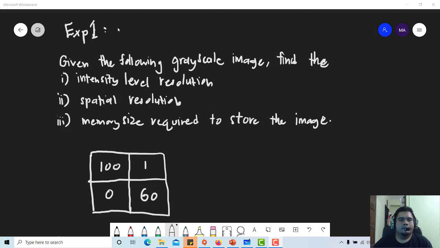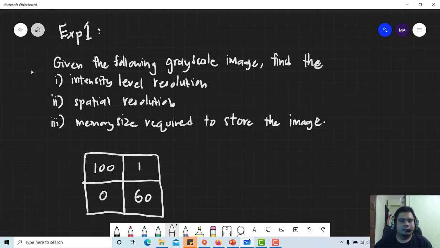Okay, example 1. Given the following grayscale image, find 1, the intensity level resolution, 2, the spatial resolution, and 3, the memory size required to store this image. What is meant by number 3 is the memory size required for you to save this image inside, for example, your hard disk. If you have this kind of question,